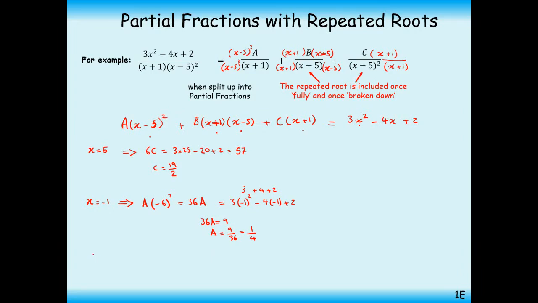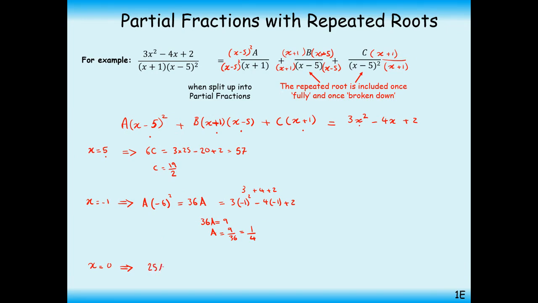Finally, we've used all the numbers that would eliminate the brackets. But what do we do to figure out b? Well, doesn't matter. We can use the fact that we have found a and c, and now we can use it in our calculation. We can say that x equals 0. After all, x can take any value. So if x is 0, we have